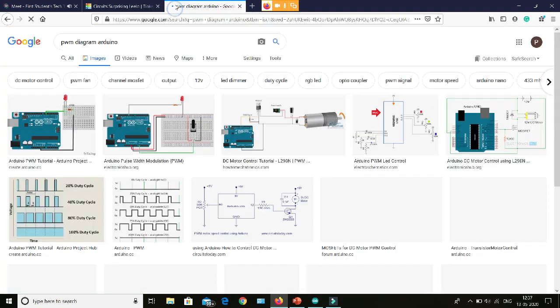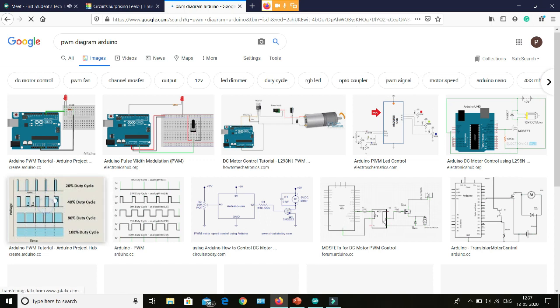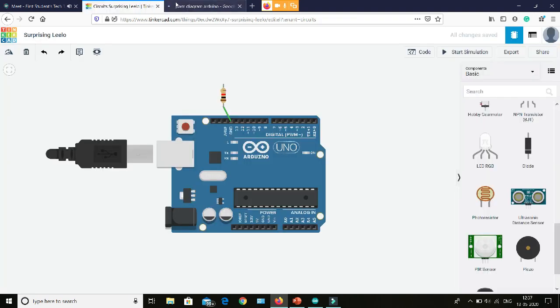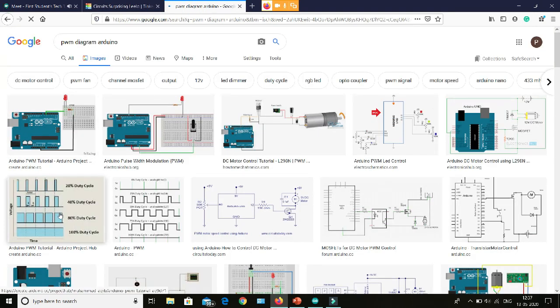My internet is quite slow today, so I think it will take some time. If you can see here, this one is a PWM signal. Basically, a PWM signal turns on for some time, then turns off for some time.